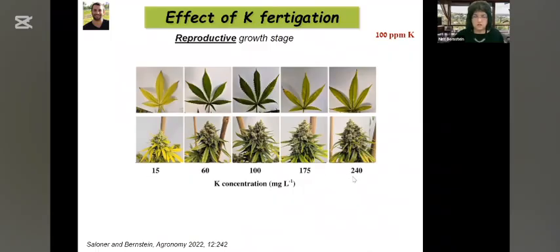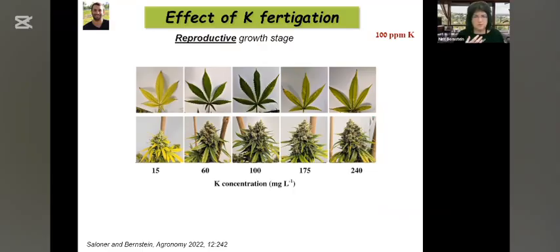So this is again the same 5 different concentrations of potassium. By the way, I have to make sure that I explained that the irrigation here was done, of course, by fertigation. That means that the fertilizers were dissolved in the irrigation water and supplied to the plant mixed. Also important to note is that most nutrient studies, mineral nutrition studies, which are aimed at seeing how much the plant takes up,